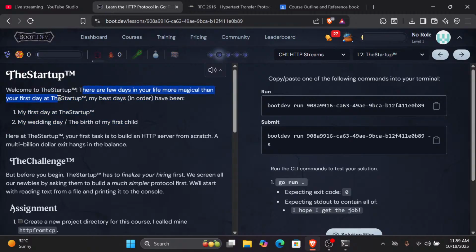There are few days in your life more logical than your day at startup. My best days in order have been first day at startup, my wedding day, birth of my first child. So these are two different things. Maybe they see. I don't know. Here the startup, your first task is to build an HTTP server from scratch. Okay, so this is a story around our project, similar to how he wants us to feel like how he was feeling when he was making that video transfer protocol. Okay, that's a good initiative. It shows effort,